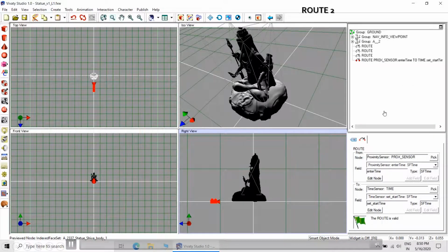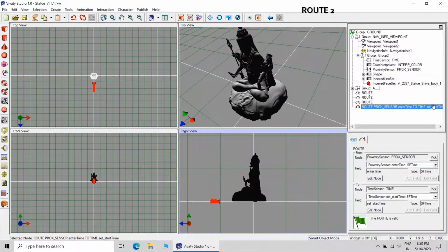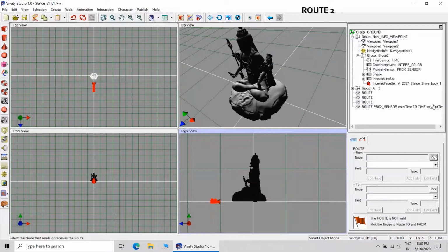Now we will create root number 2. Select root 2. It is from time sensor to the color interpolator.